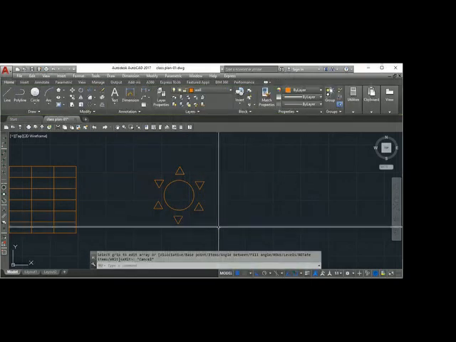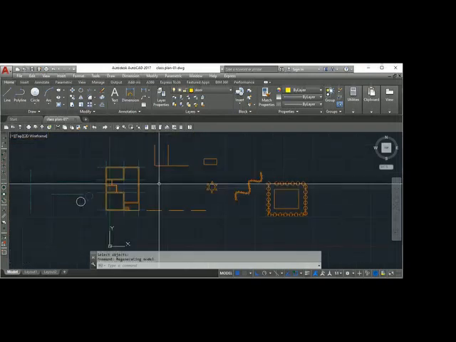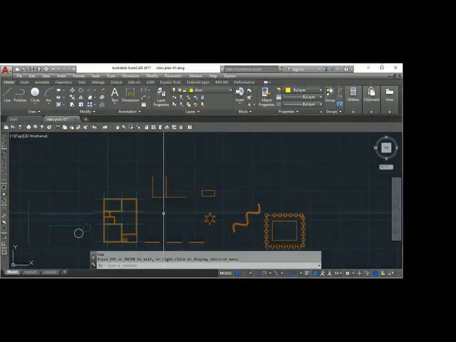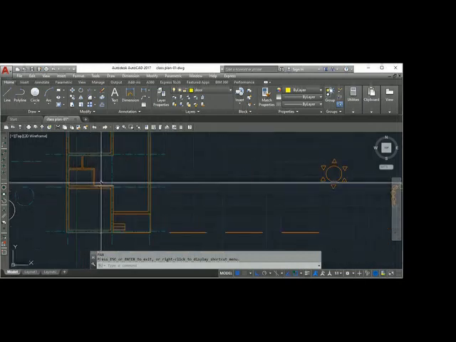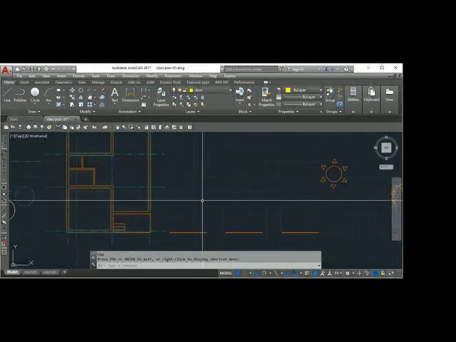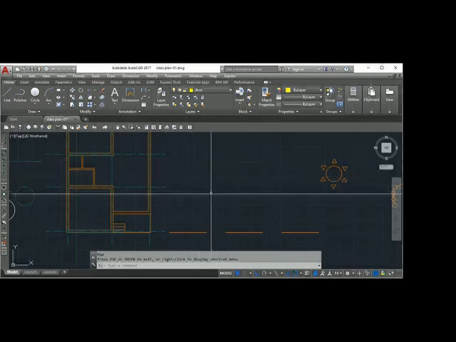Okay. Otherwise, the trim should not be a problem. Now, what I'm going to do is insert a door here. So before that, I have to create a door. Now we are going to learn a command called block. Block. So what is a block and why do you want the block?